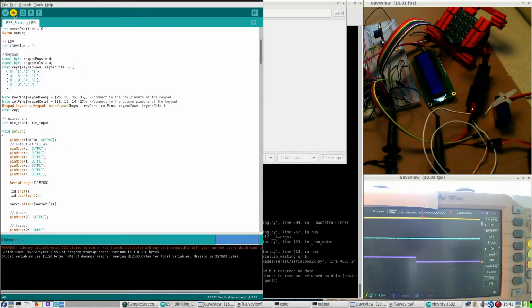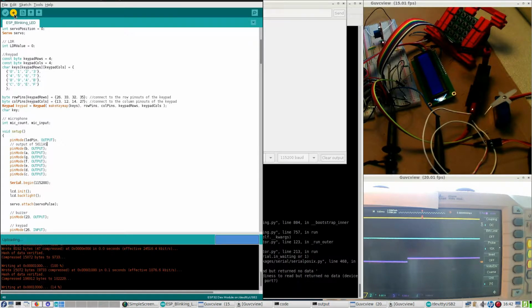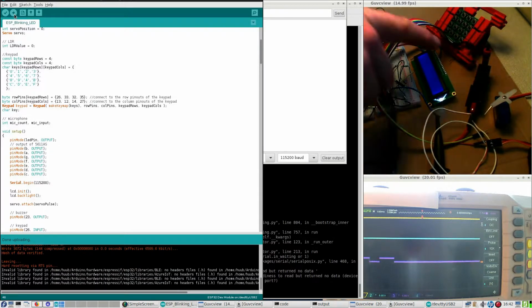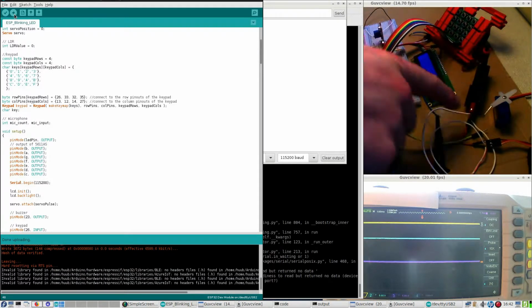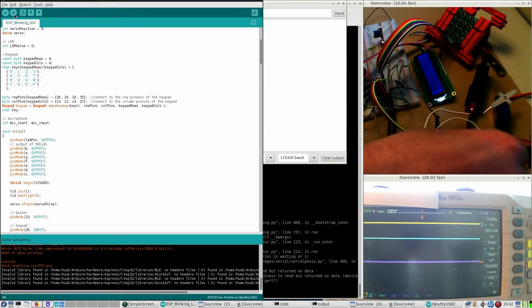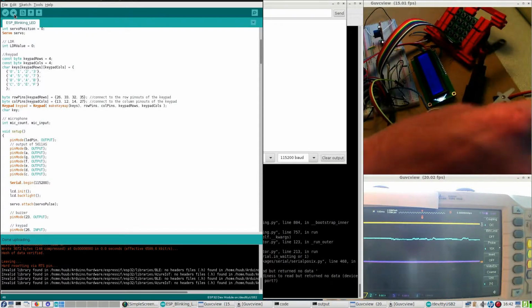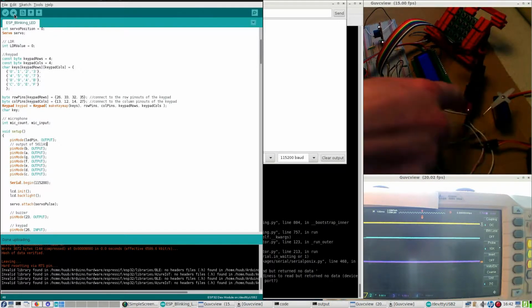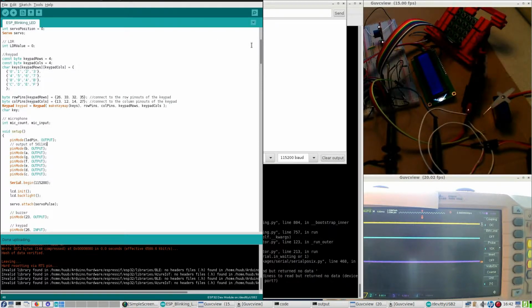Okay, upload other code. This is a very strange thing. Look at the motor now. So the servo motor doesn't do a thing, but the fischertechnik pulse driven motor does. And the very strange thing is